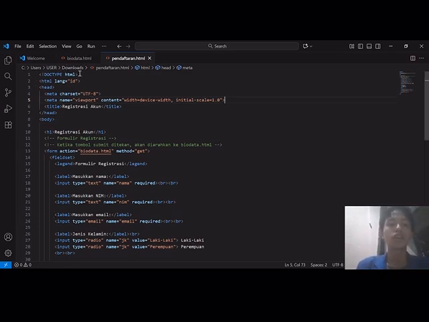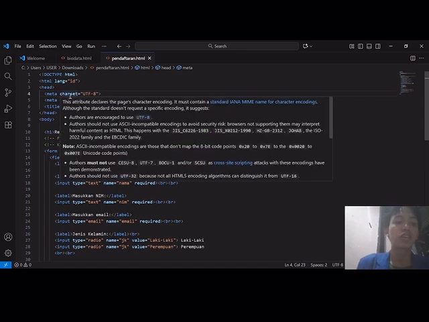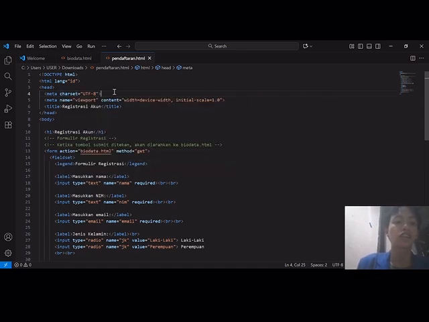In this program, the doctype HTML section tells the browser that this document is written in HTML5, and the HTML lang attribute indicates that the primary language of this page is Indonesian. In this section, there is an element to set the UTF-8 character encoding so that all characters can be displayed correctly.